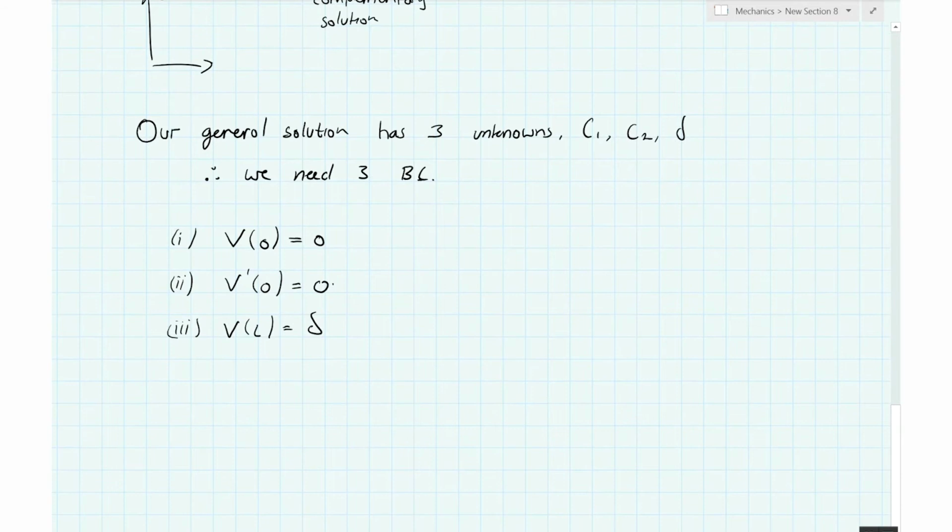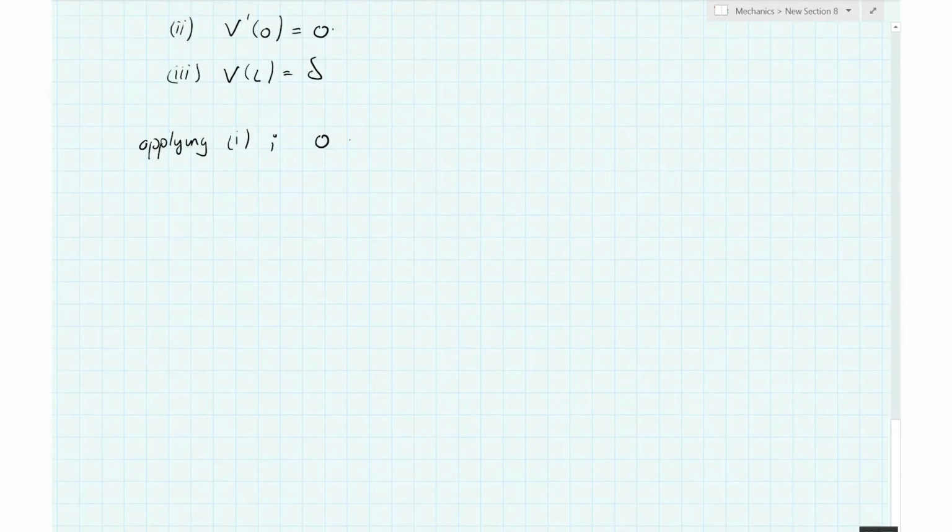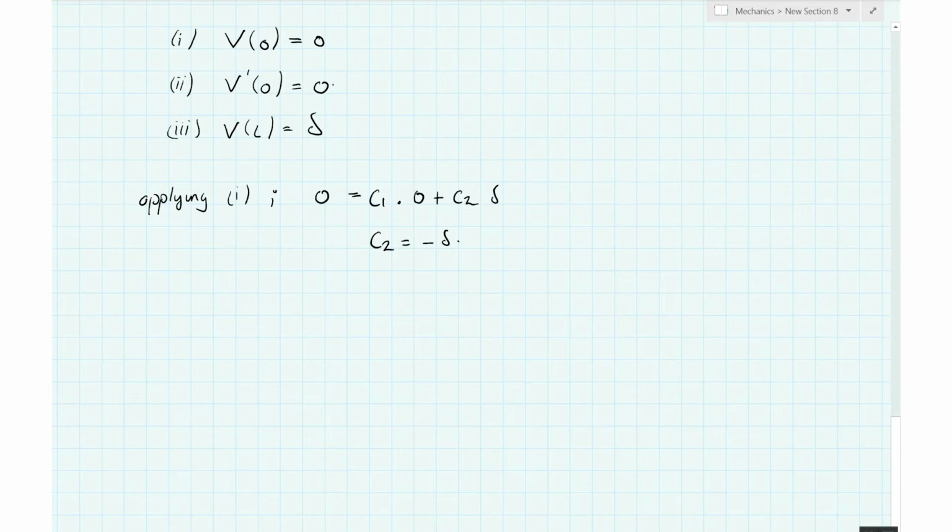So I'm going to apply each one of these in turn. Applying number 1, what drops out of that is that C2 is equal to minus delta. So that's essentially taking care of two of my unknowns with that one boundary condition. Now, applying number 2, the first thing we have to do is differentiate, because remember the second boundary condition is referring to the first differential of our solution V. And so differentiating,